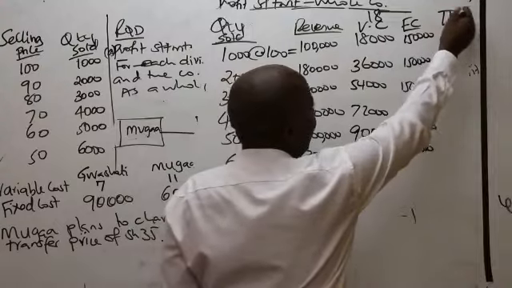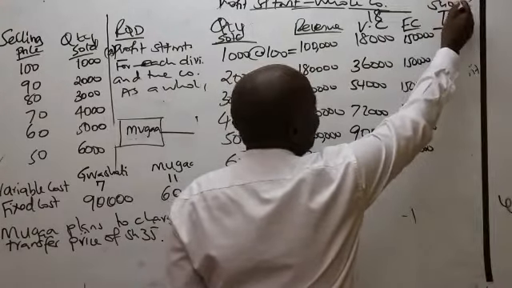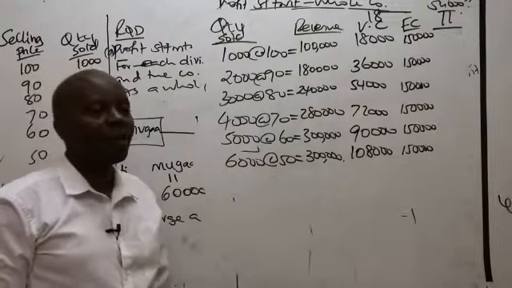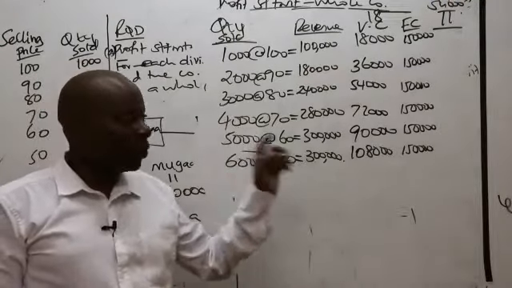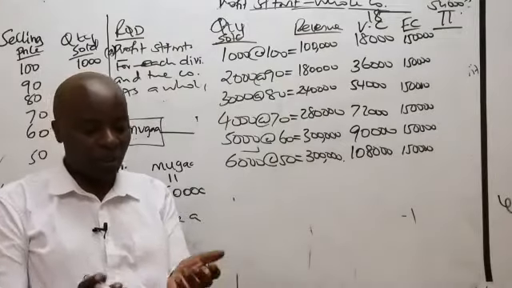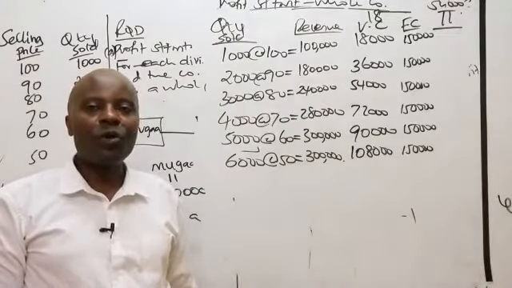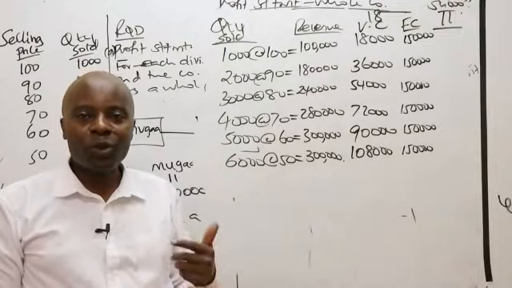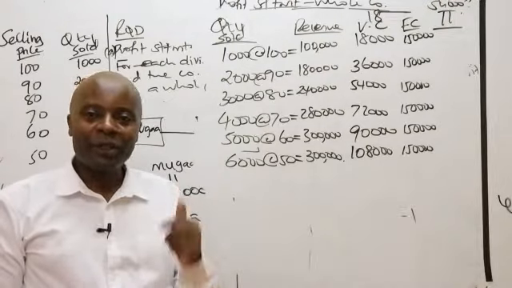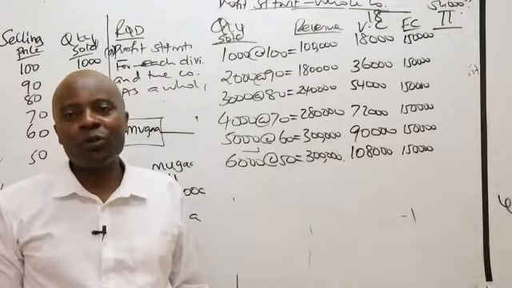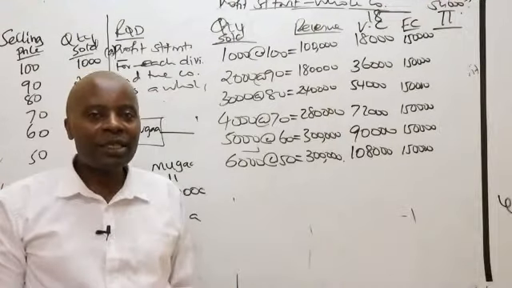Then give us a column for profits in shillings thousands. You take revenue minus all the costs, and then you give us the answers. If you came in a little late, I can assure you that with my subsequent questions you'll be able to pick this up. It is the easiest topic in advanced MA.